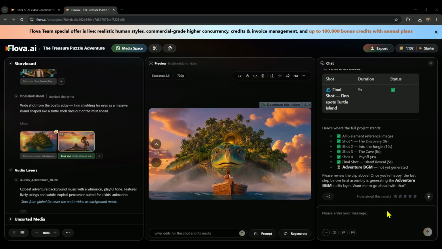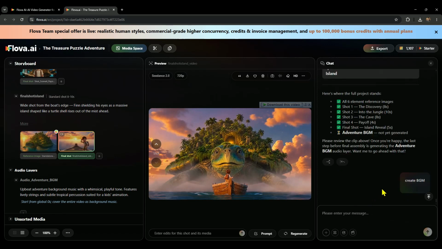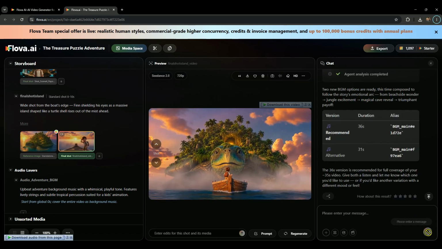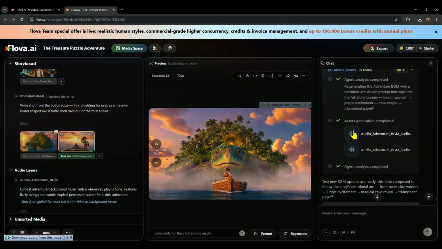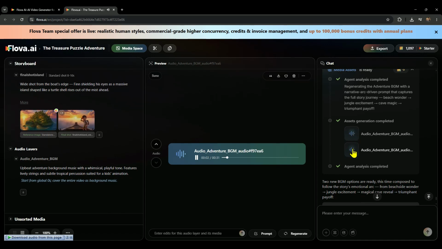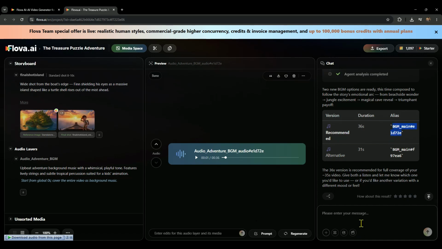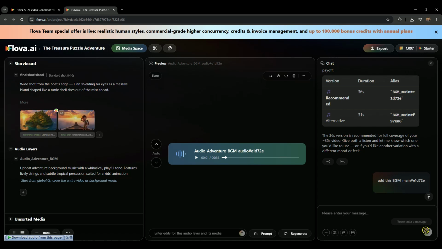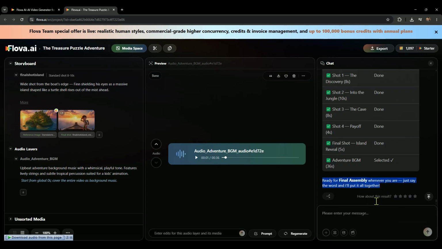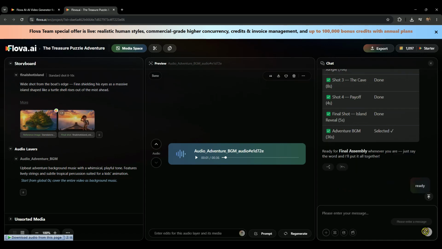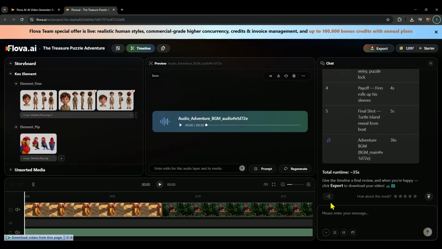Alright, now let us generate some background music for your short video. To do that, just type generate BGM and hit generate. And in just a few seconds, it generates perfectly matching background music for our short video. Now to add this to our video, just copy the music name, then type add this, and boom, it gets instantly added to the full short story. Now check this out. It is asking, are you ready for final assembly? Just type yes or ready and hit send, and it will finalize the video and take us straight to the